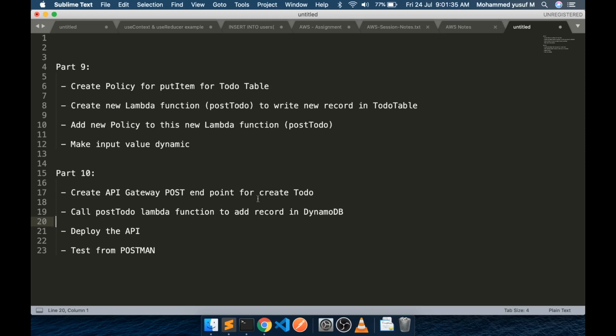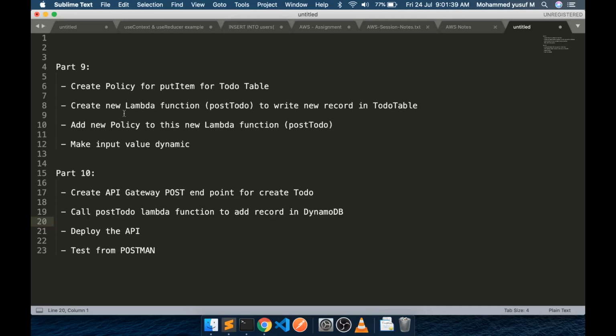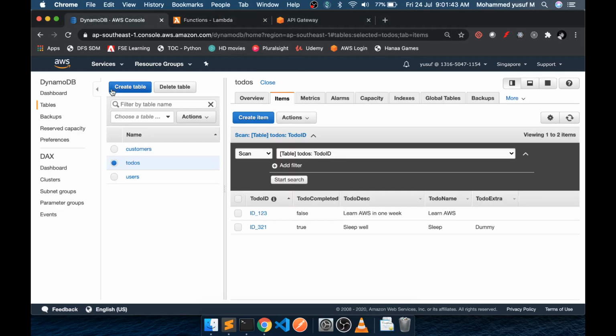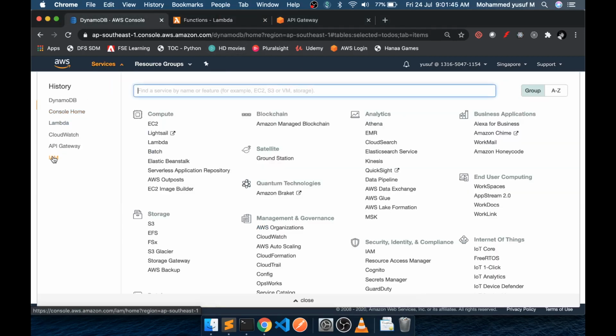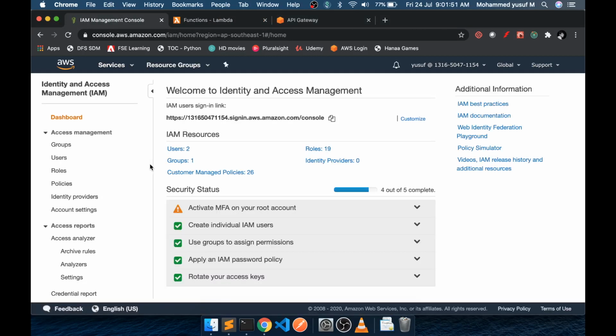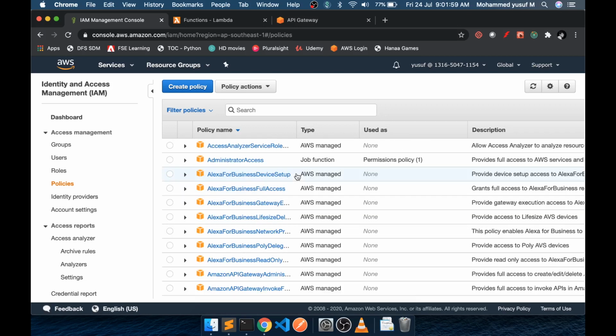Okay, let's jump in. So I'm just going to the console. As we go step by step, let's create a policy first, because anyway we need that. Let's go to services and then click IAM. So this time we are going to write the record, right? Again, we can control the policies in many ways. Either you can give a granular access, or you can give any kind of read, any kind of update like that. So it depends on your necessity.